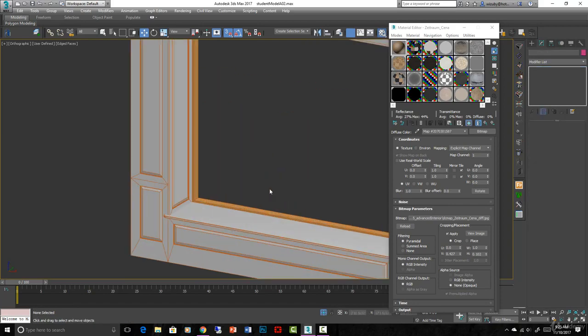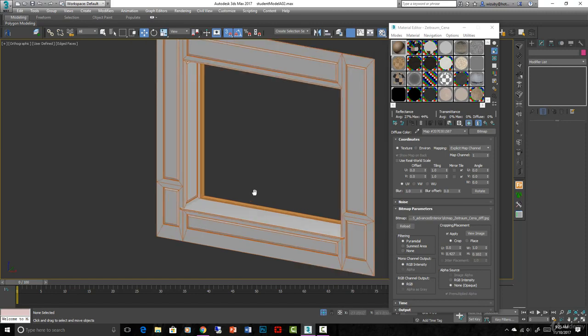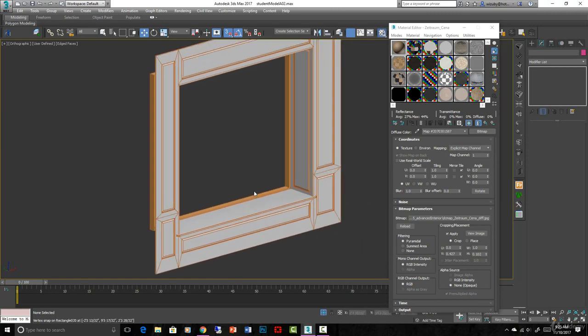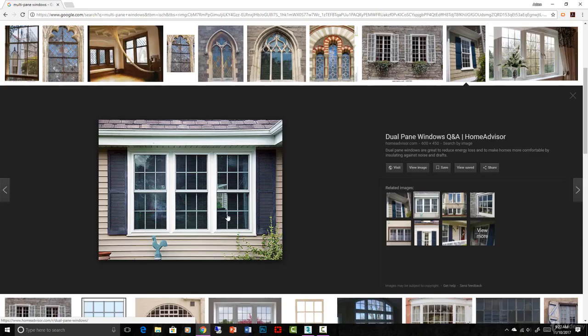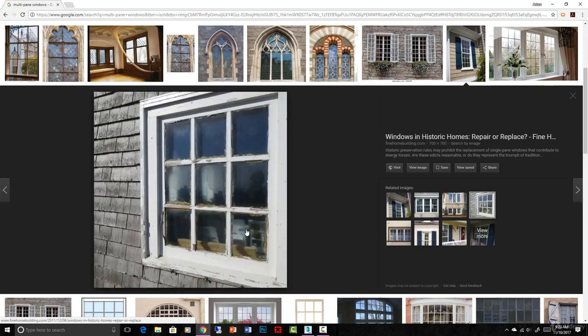An important thing here is going to be to look at reference images. So I'm going to go ahead and find those, bring them up on the internet, and then we're just going to carefully try to model a fancy looking multi-pane window here based on those images. Okay, I've found some images, no great ones, but this is basically the kind of look I want to get right here. I think I'll do a double window with a column in the middle and make them double hung. So they'll have tracks on the side. One will be offset from the other,